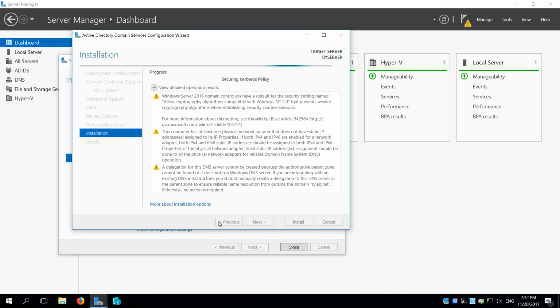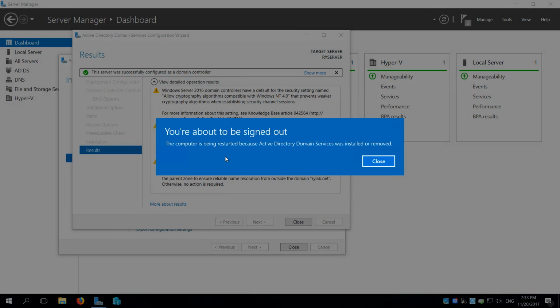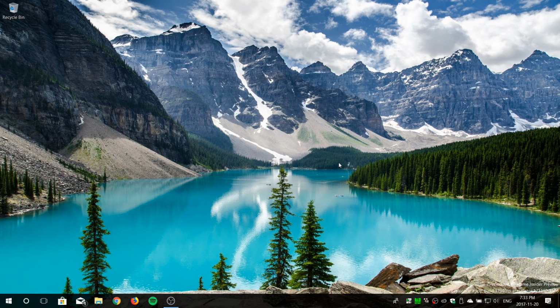And again, I just booted this server up. I actually just started it up for this video so I could show you how to get Active Directory installed. So it says you're going to be able to sign out, and that's fine. It's going to go ahead and reboot. We'll just give that a few minutes. And I actually have my monitor here still connected, so I will